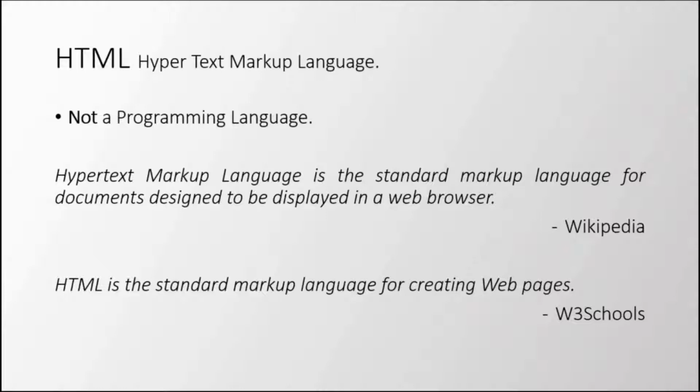HTML4 was not adhered to with a strict syntax, so the W3C consortium decided to make HTML stricter and invented a new version of HTML called XHTML, right? So extended hypertext markup language, not XML. I'm repeating it again: it is XHTML, extended hypertext markup language, which was way stricter than HTML4, but they soon realized that it was a waste of time, and XHTML never got on track.